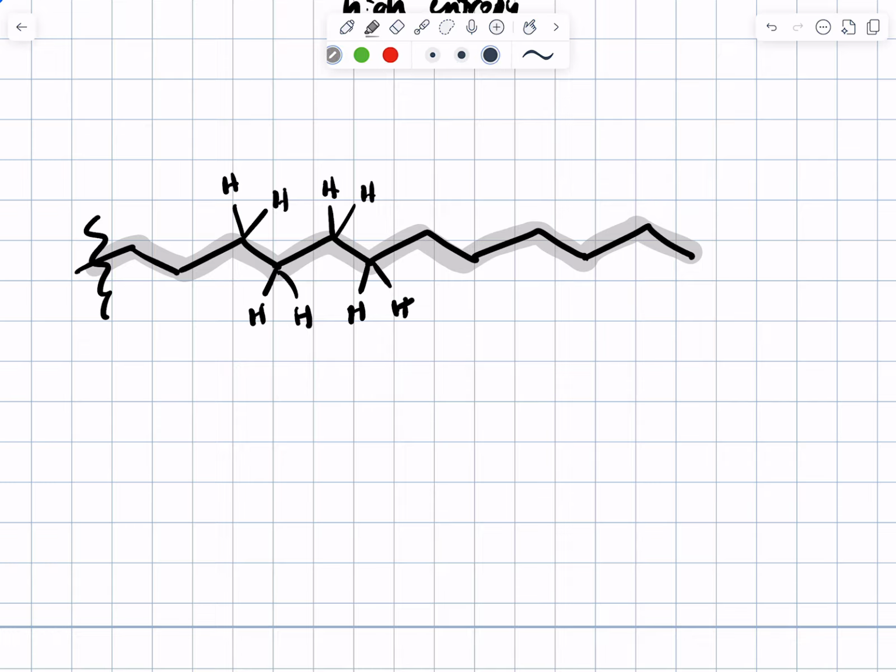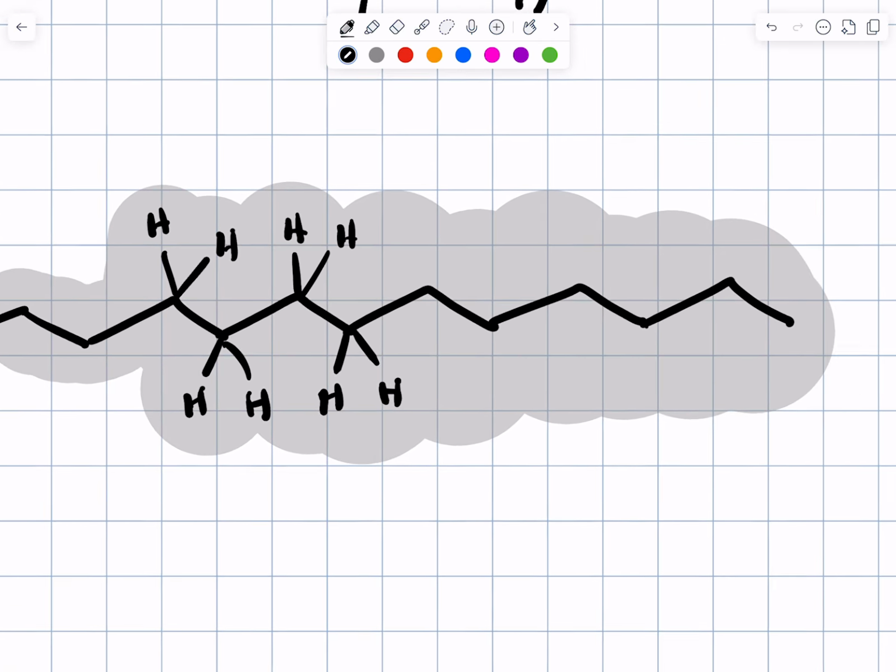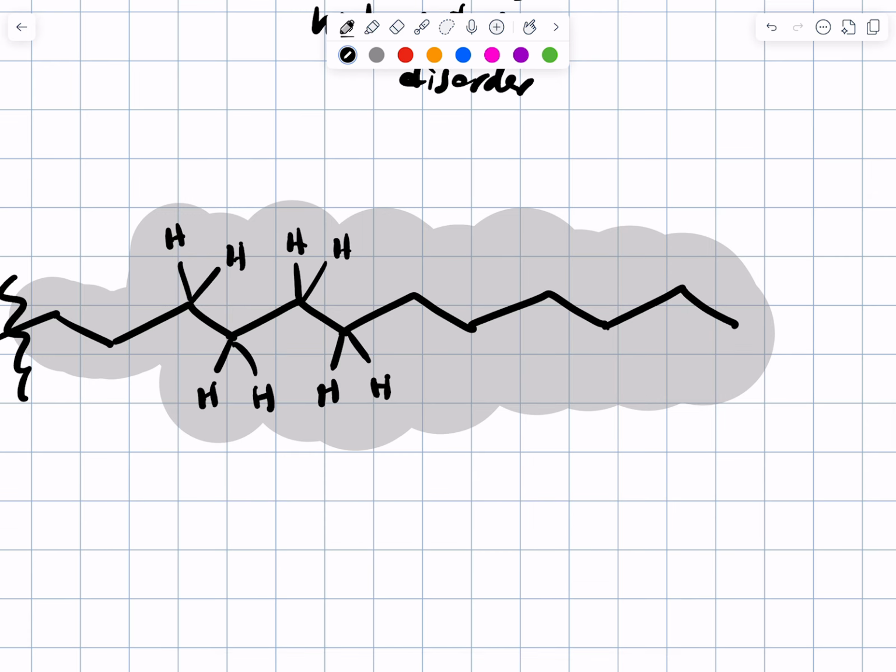Then I'll try to shade in sort of all the space that's taken up by non-polar bonds, and we'll just imagine those other hydrogens there. Okay. Now, of course, if this oil molecule were dissolved in water,